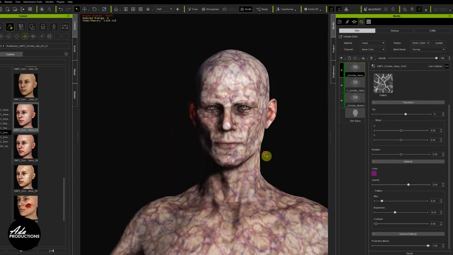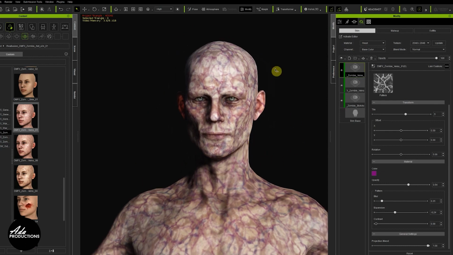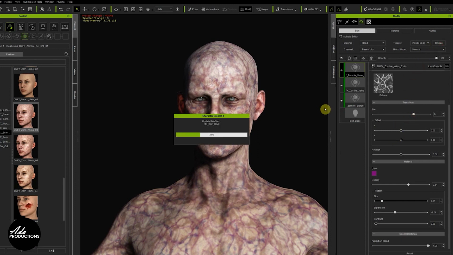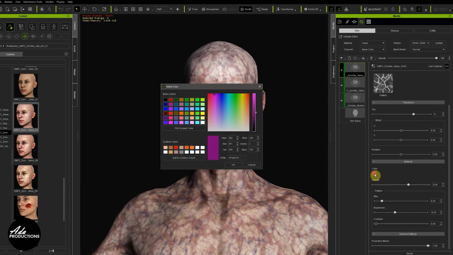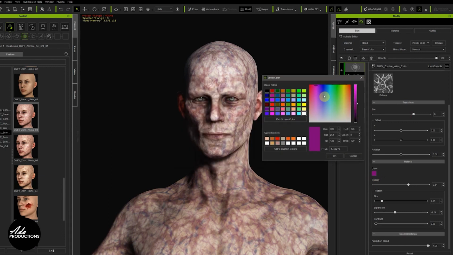At this sort of stage, I might save the character out, and then you could have a few different versions along similar lines with different size tiling for different characters, male and female, and you could quite happily do that. Actually, that looks kind of nice. Let's update that. Yeah, but let's just change the colour of that to make it a little bit more sympathetic to the other colour. Not too far, but